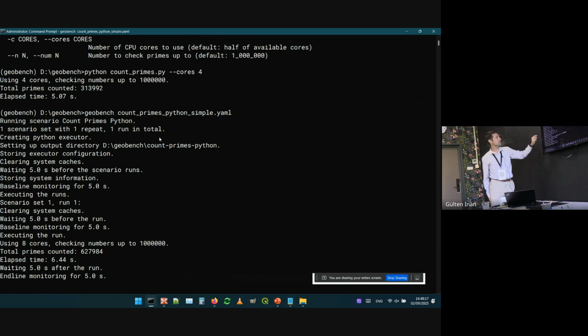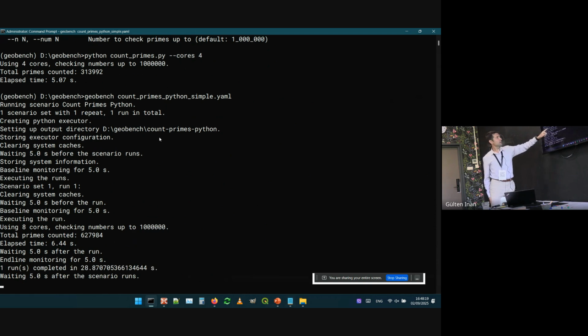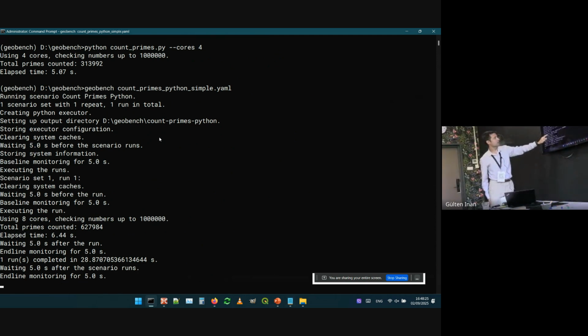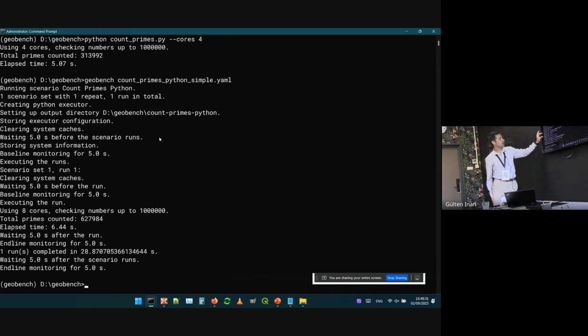It executes the run, scenario set1, run 1. And actually, here you can see the output using 8 cores, checking numbers up to 1 million. And this part is coming from the script, so this is the output of the script. And then it waits until the run is completed, does an end-line monitoring, and completes the benchmarking. Okay, so once this is done,